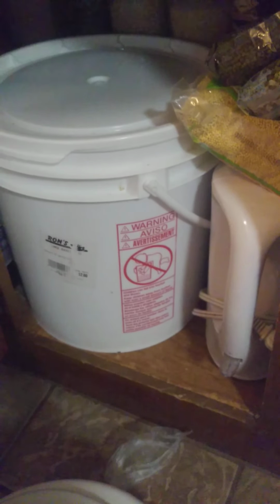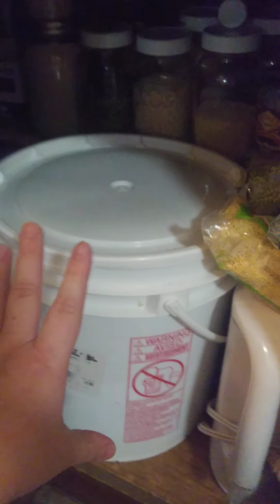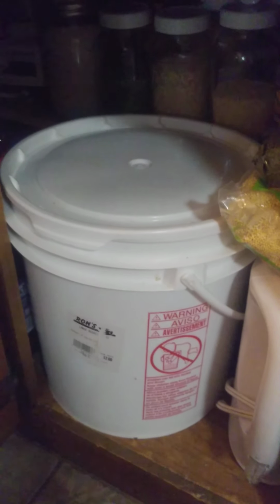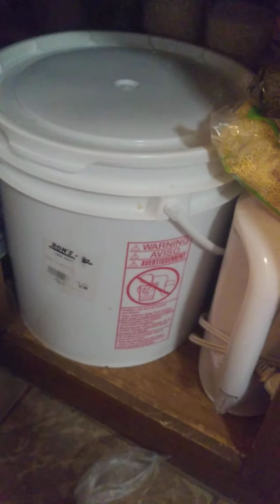We have an IGA store, and they had these buckets for like $2, and they're the things that bakery frosting comes in. If you ever worked in a bakery at Walmart or something, you know what I'm talking about. It's got a good seal on it because they would have to seal it there. So it just screws and then it clamps on. It's a little difficult to open, but it's got a good seal, so I don't worry about any critters